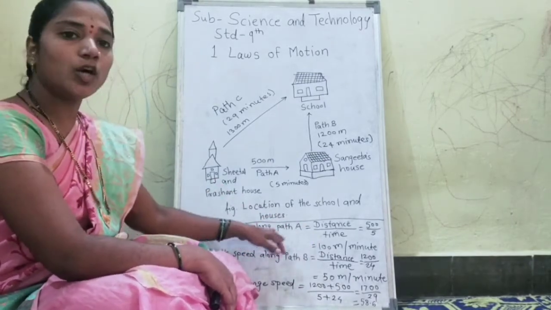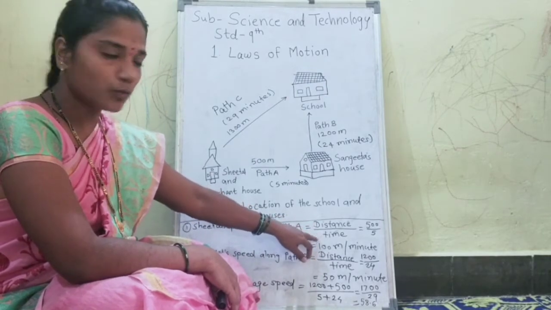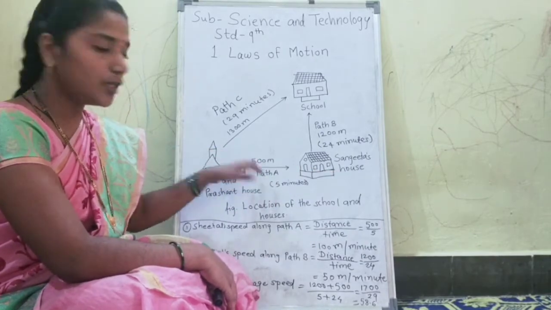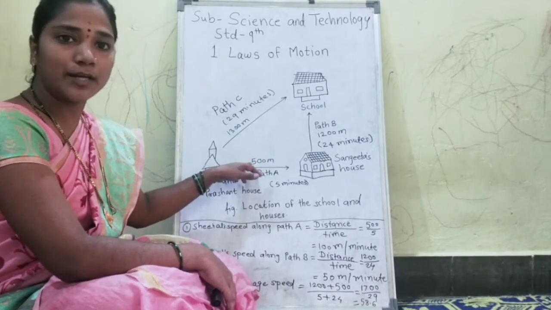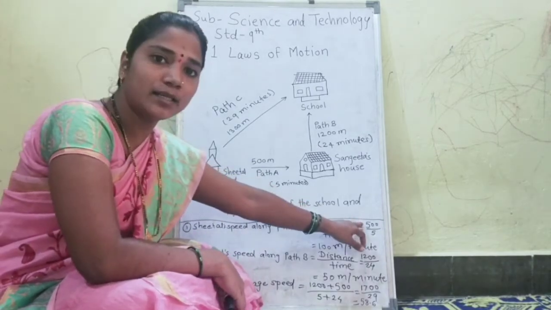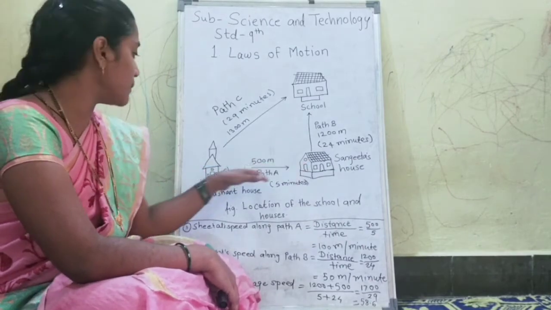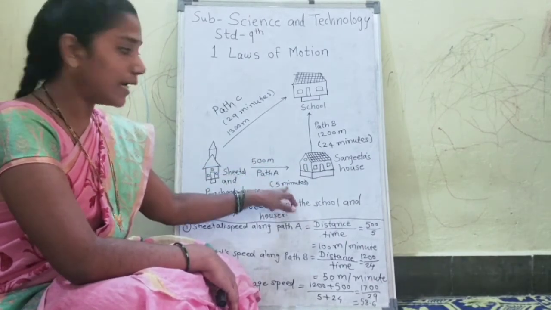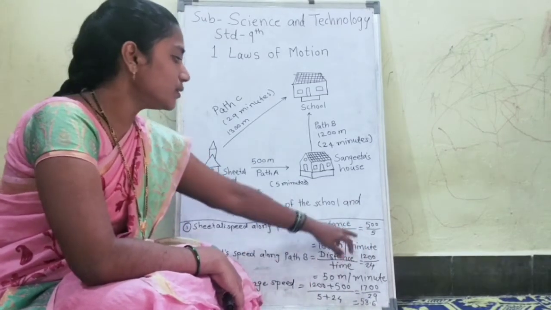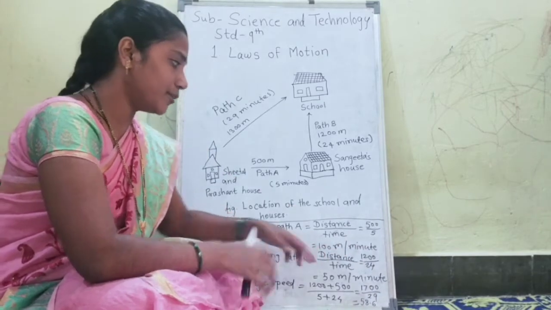Sheetal's speed along path A is equal to distance upon time. What is the distance between Sheetal's and Sangeeta's house? In between, the distance is 500 meter along path A. I take here 500 meter. Then what is the time taken by Sheetal to cover this distance? 5 minutes. I write here 5 minutes. Then the ratio of 500 to 5